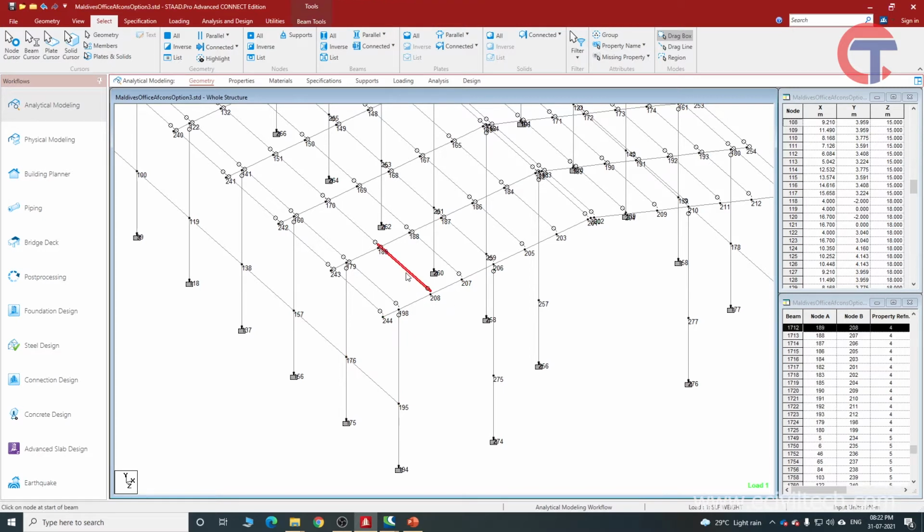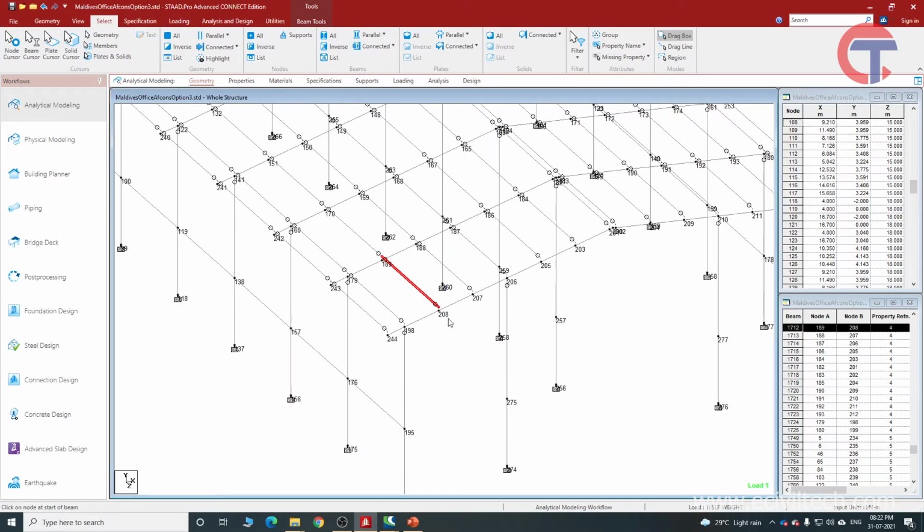But how is this load transferring? In StaadPro the entire load transfers from node to node. This member is connected to node number 208, and this rafter is also connected to node number 208. So whatever load comes from this purlin will get transferred to node number 208, and from node 208 it will get transferred to the rafter.